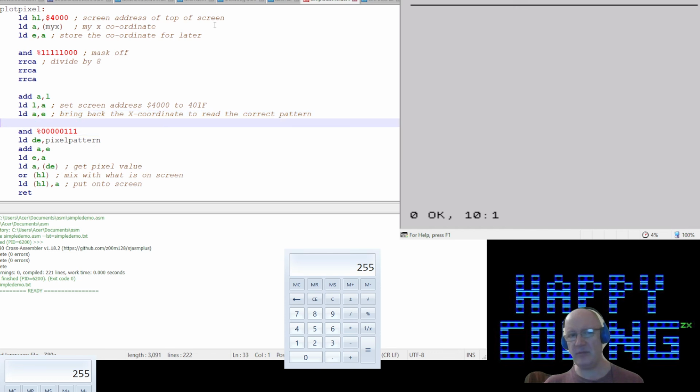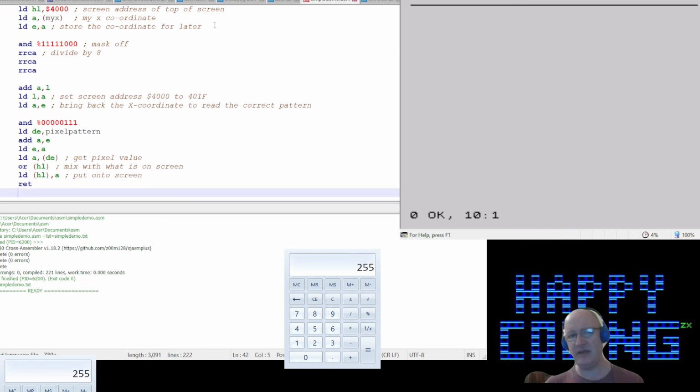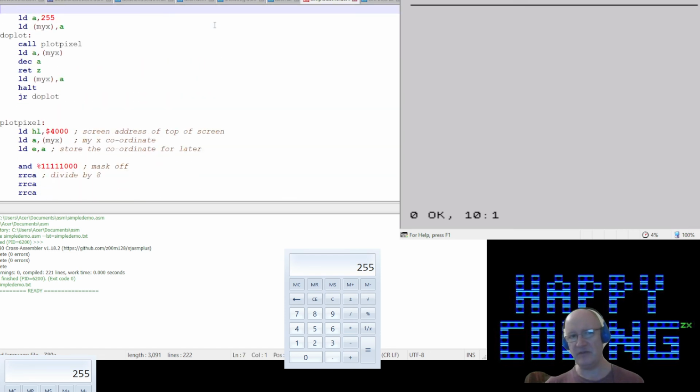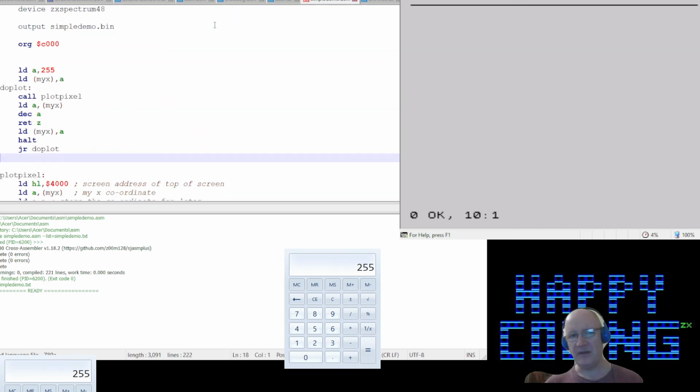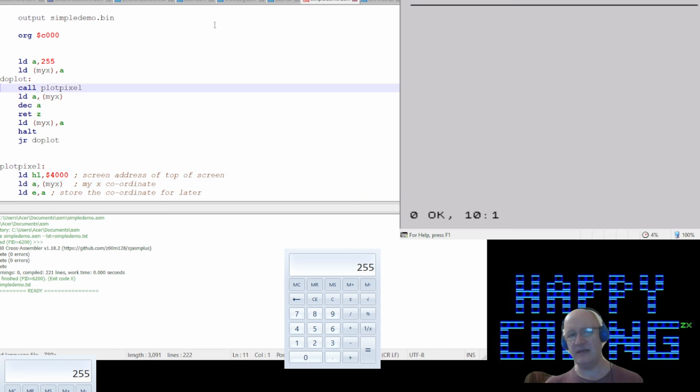Right. It's common practice that you might look at something like that and say, oh well, I'll use E instead because now BC is free. Because I was using C, I won't use C instead. I'll free up BC, right? And the reason I want to do that is because what I'll do now is I'll say something like